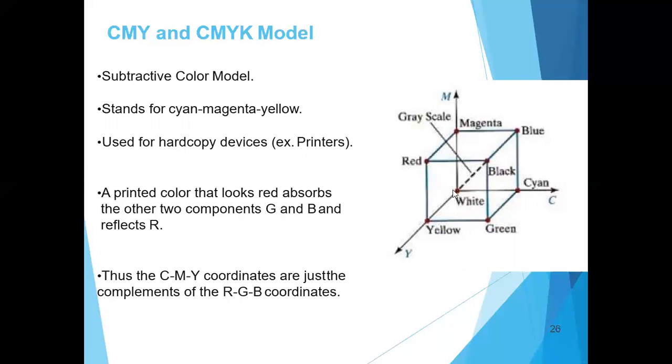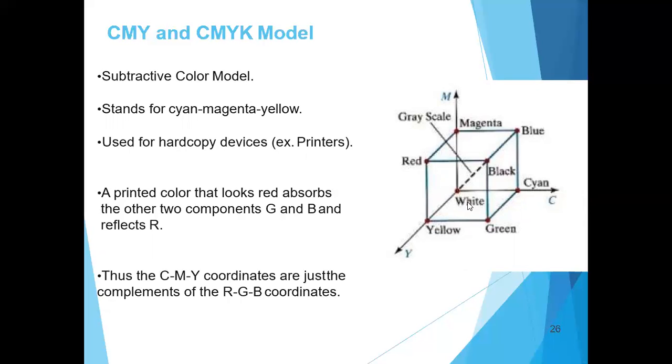So coming to the CMY model, it can also be represented on a unit cube. The three axes here are cyan, magenta, and yellow. So as you can see, we have cyan, magenta and yellow as our three axes. Here our origin is white, because if I don't use any of cyan, magenta and yellow, I will get the white color, and the diagonally opposite color is black, which is 1 1 1. That means I'm combining cyan, magenta, yellow to get black.